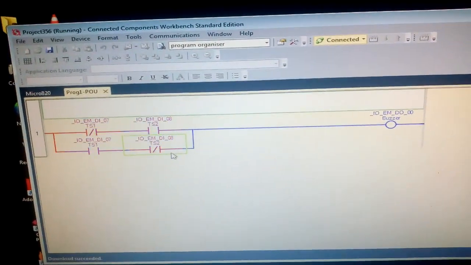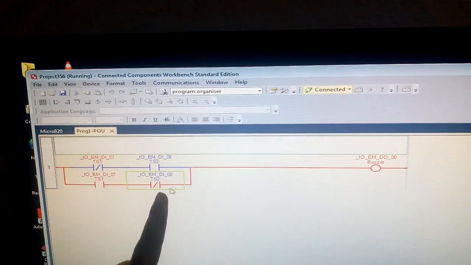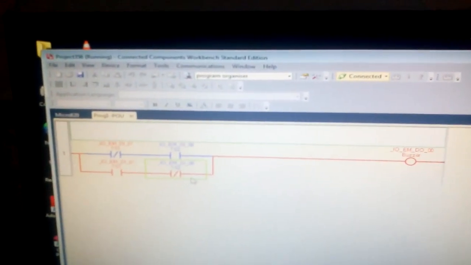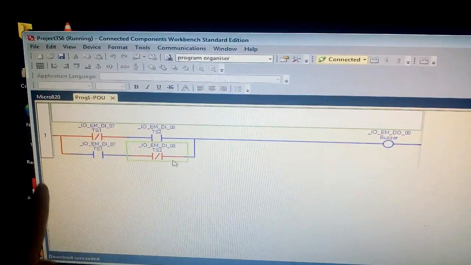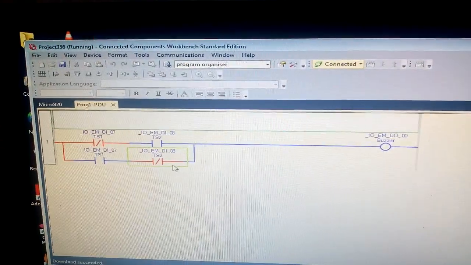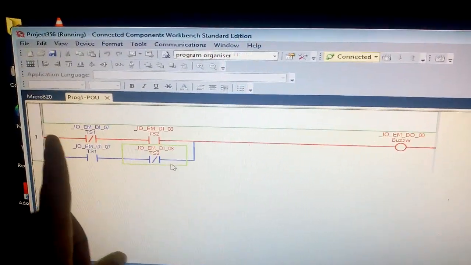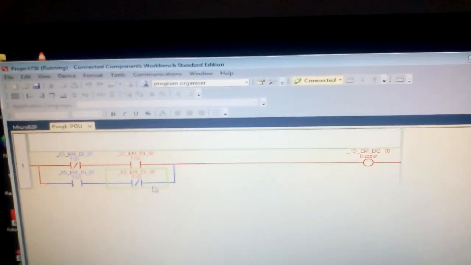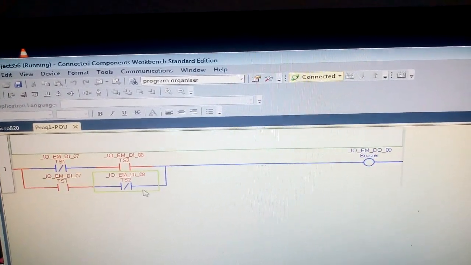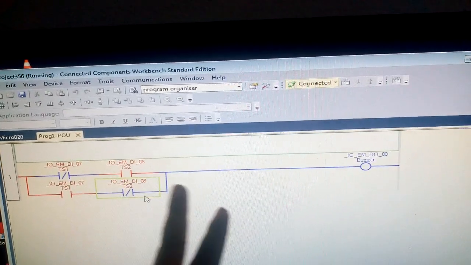Similarly, you can see here, when toggle switch 1 is on, it is taking this path. This is on and this is off, so it can take this path. Okay. When both are off, you can see there is no path for the current to travel, as here it is an open circuit. Next, when toggle switch 2 alone is on, it can take the first path. When two switches are on, here we have two open paths, so no current will be flowing.